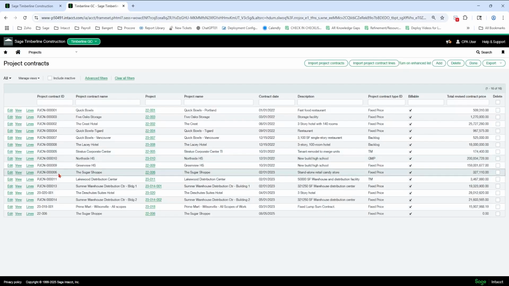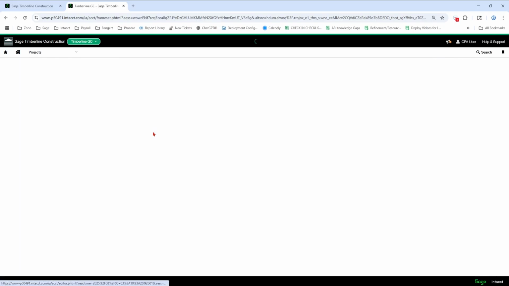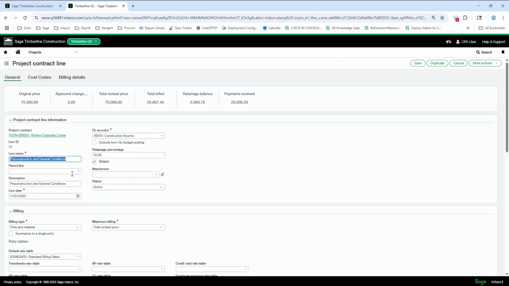The lines, we're going to do a little differently, but they're going to be using the time and material billing type. So on this line, instead of progress bill, like an AIA was, where I typed in the percent complete or I put those amounts in, we're going to use time and material instead.